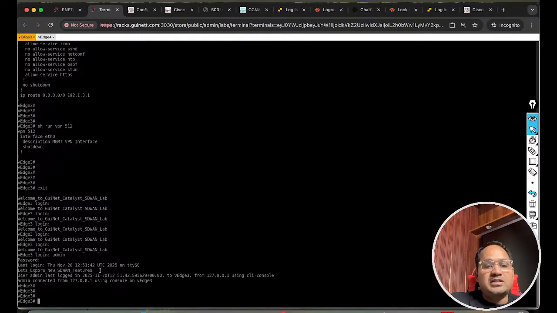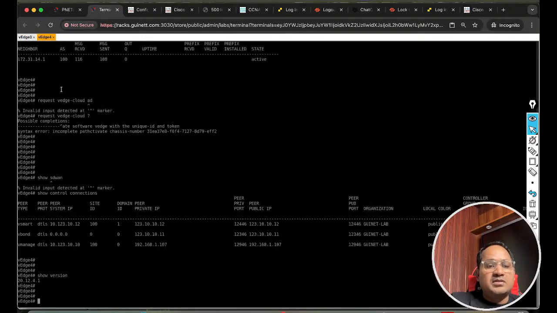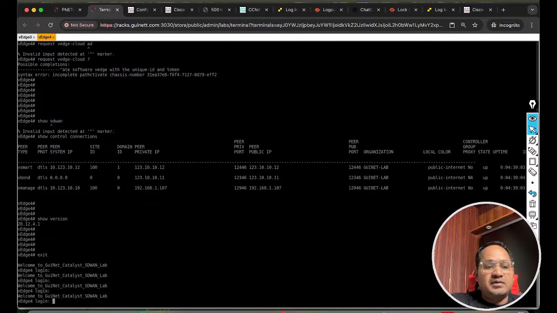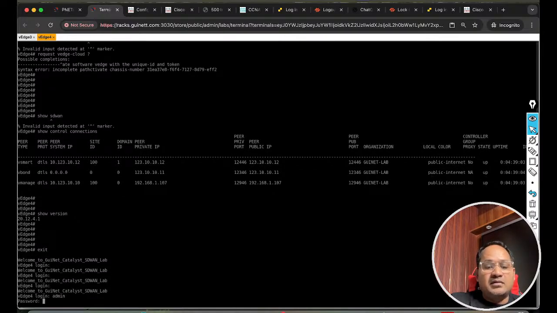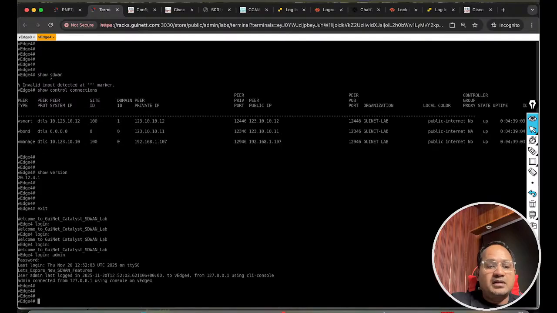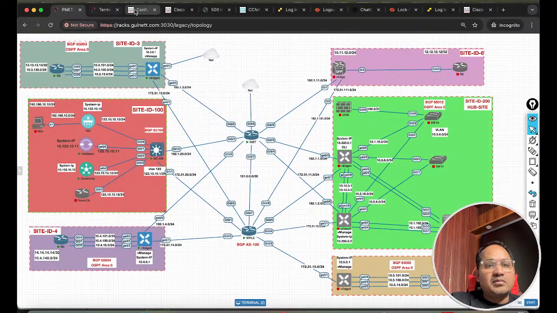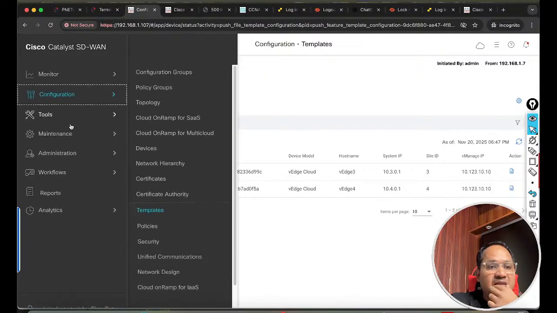let's explore new SD-WAN features. This is the banner I have given earlier. Okay, if I log in, see, welcome to the GuiNet Catalyst SD-WAN. And if I go here and try to log in again, let's explore SD-WAN features. Clear? Now if I go here in my Catalyst SD-WAN dashboard, and after going in the Catalyst SD-WAN dashboard, if